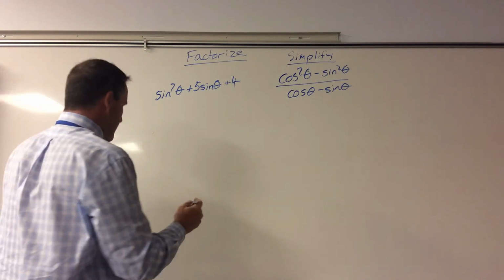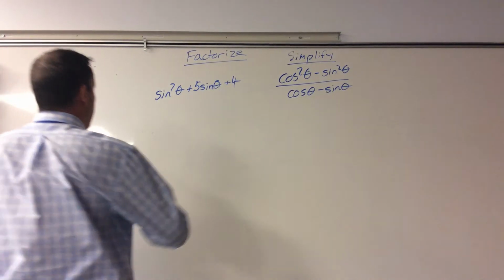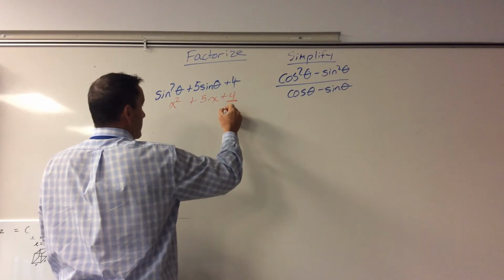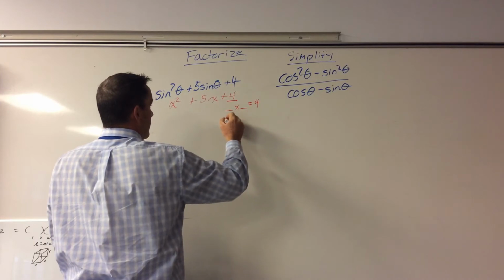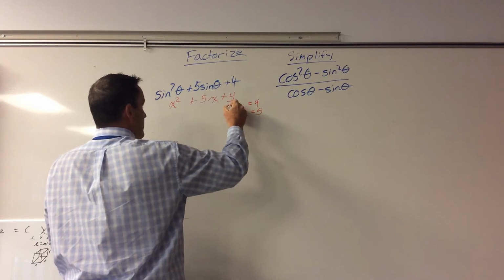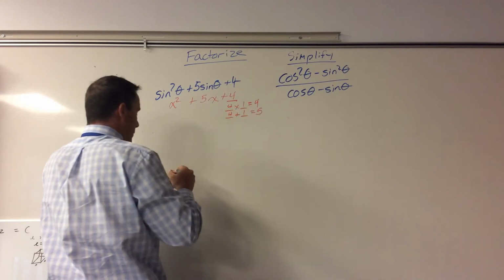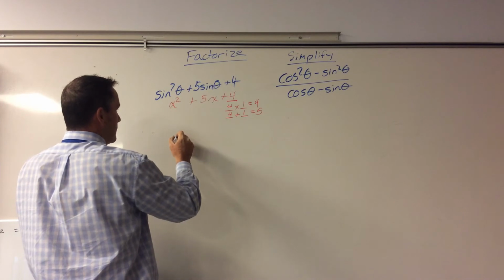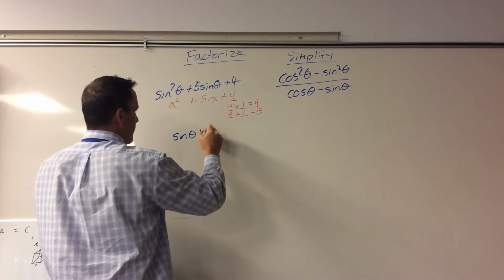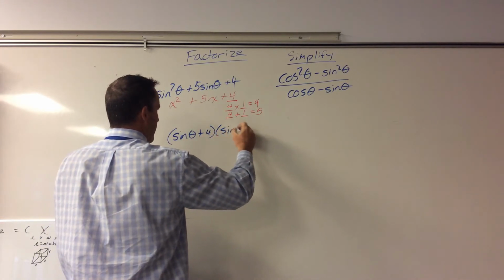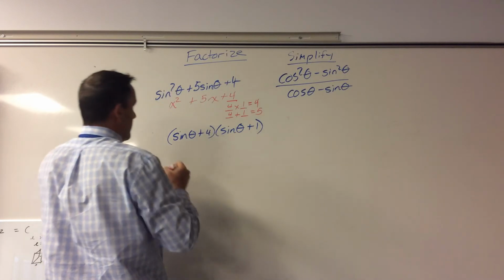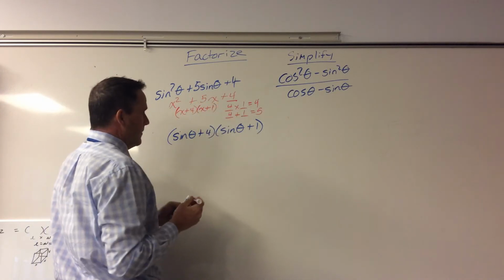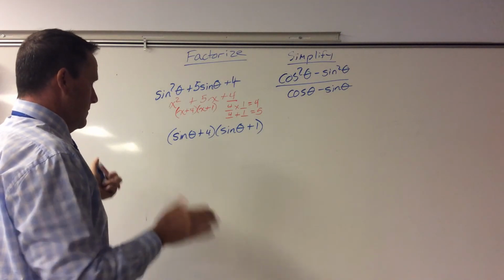So what I need here is it's the same as when we were doing the questions. Visualize this as x squared plus 5x plus 4. So I'm looking for two numbers that multiply together equal 4, but add together equal 5. Well, that's 4 times 1, 4 plus 1. But what we're going to do is we're going to replace x with sine theta. So this becomes sine theta plus 4, sine theta plus 1. Where before it would have been x plus 4, x plus 1. So it gets a little bit more complicated,